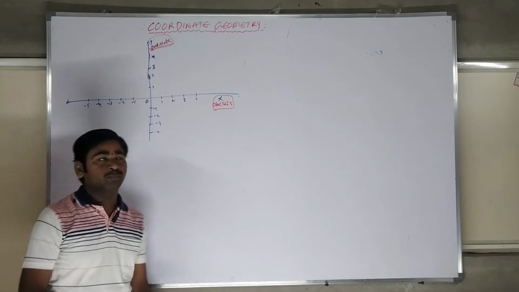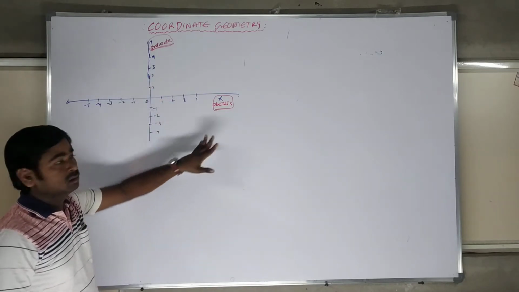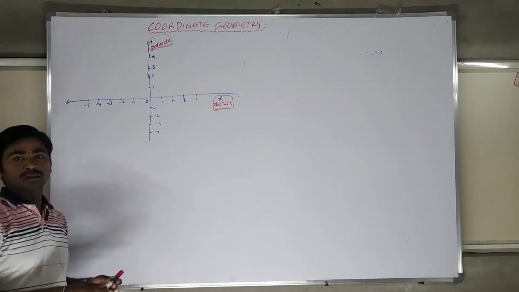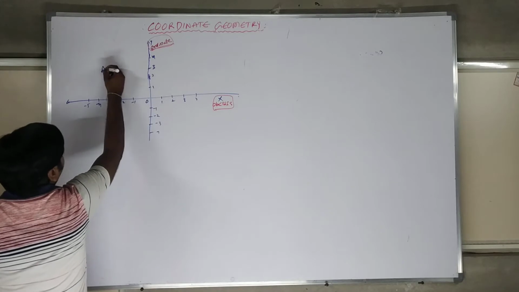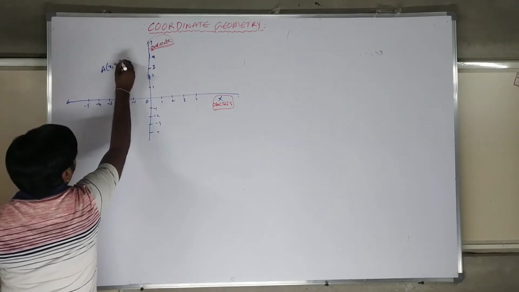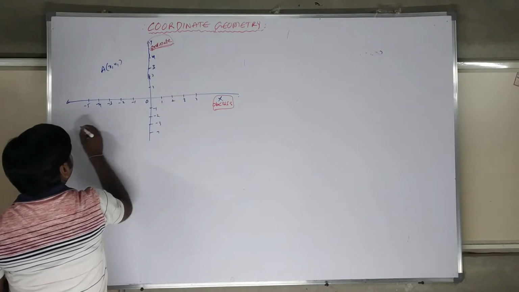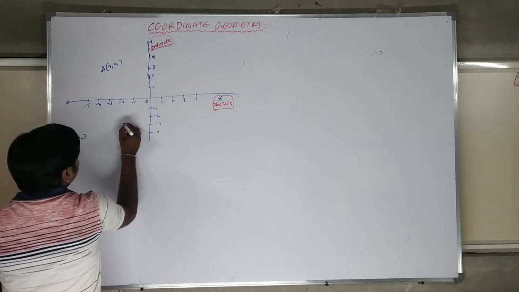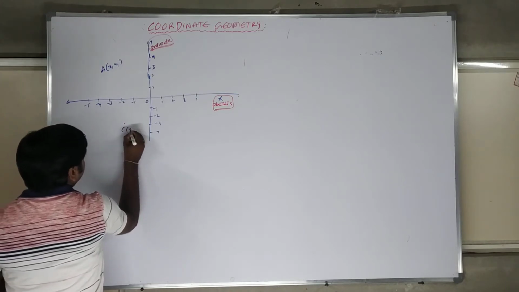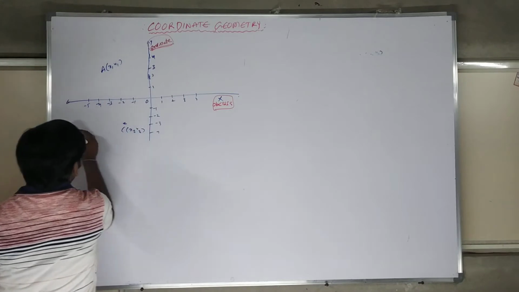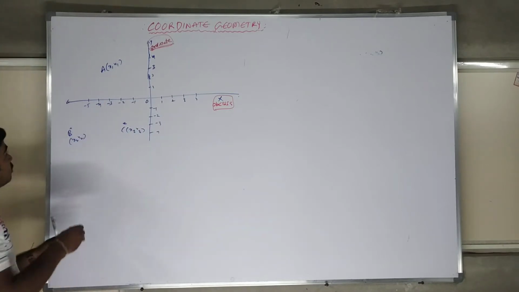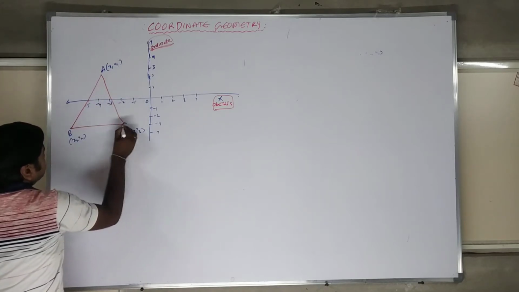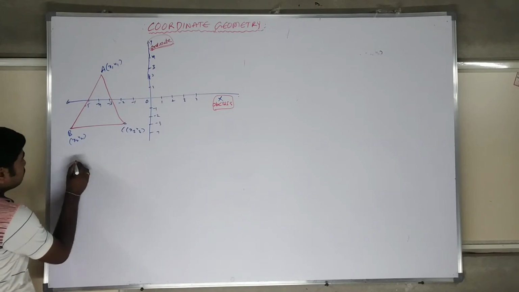Let us illustrate this. Let us take the x-axis and y-axis. The x-axis is the abscissa, the y-axis is the ordinate. It's very clear. I am writing three points. Point one is A (x1, y1). Point B is (x2, y2). Point number 3 is C (x3, y3). The moment I draw these three points, I get a triangle. This is called triangle ABC.